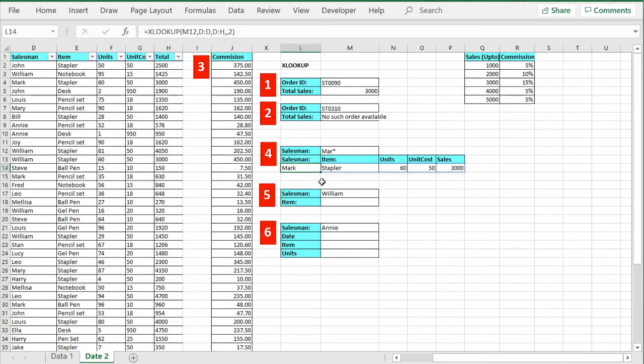Now we move to another scenario where we want to see the latest sale made by William, and we want to see what item was sold in that latest sale. So how is that done? We'll use example 5 here. We just enter